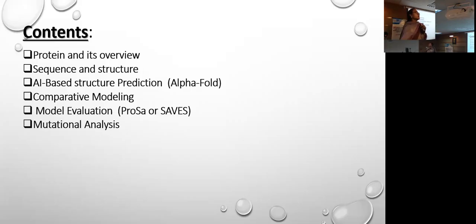And afterwards, as we know, a number of our research objectives are linked to mutational analysis. A number of diseases, like non-synonymous single nucleotide polymorphisms, end up in mutations in the genetic system. So we give you a little glimpse of how mutation analysis can work on this structure. If you develop a model, you can analyze its mutations as well. So at the end of the workshop, you have a little glimpse of mutation analysis as well.